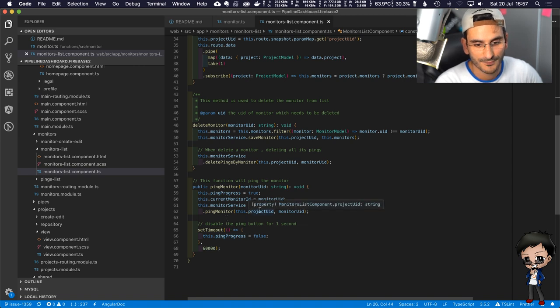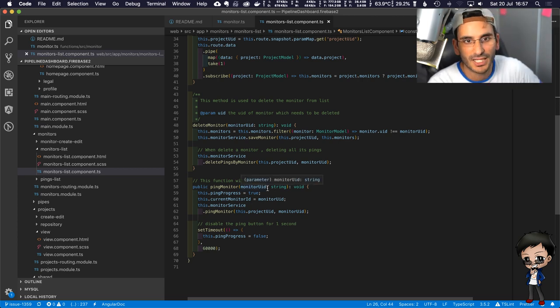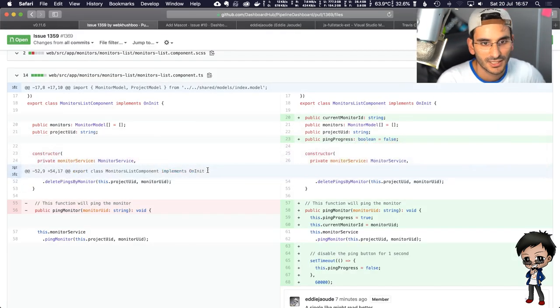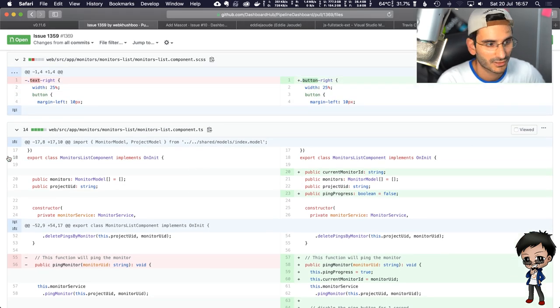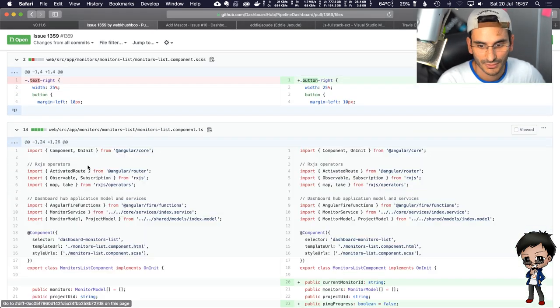So let's have a look what we have here. I'll remove these unused imports from this file. Okay, I can make a comment in the PR. Let me have a look. It was in this file. But we will need those imports later. Oh, I can't comment, because it's not a line you changed.